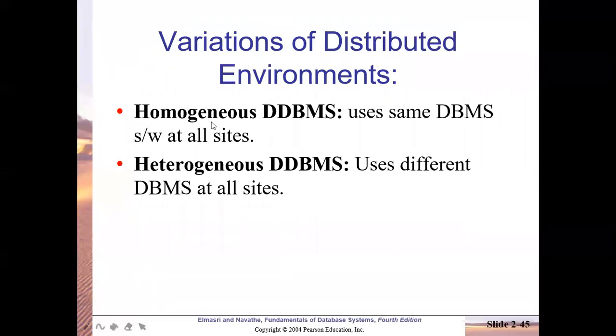Yeah, there is one more category called homogeneous and heterogeneous. In case of distributed, again, there could be differences, like whether all the servers use the same database management software, or one uses SQL Server, another uses Access, another uses MySQL, etc. If all the servers follow the same database management software, it is called homogeneous. When different database management softwares are there on different servers, it is called heterogeneous. So that was the end of the second chapter.